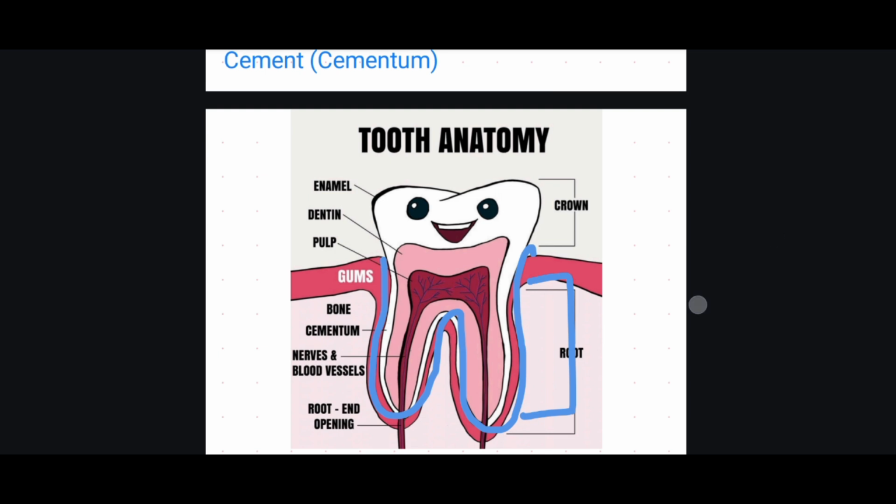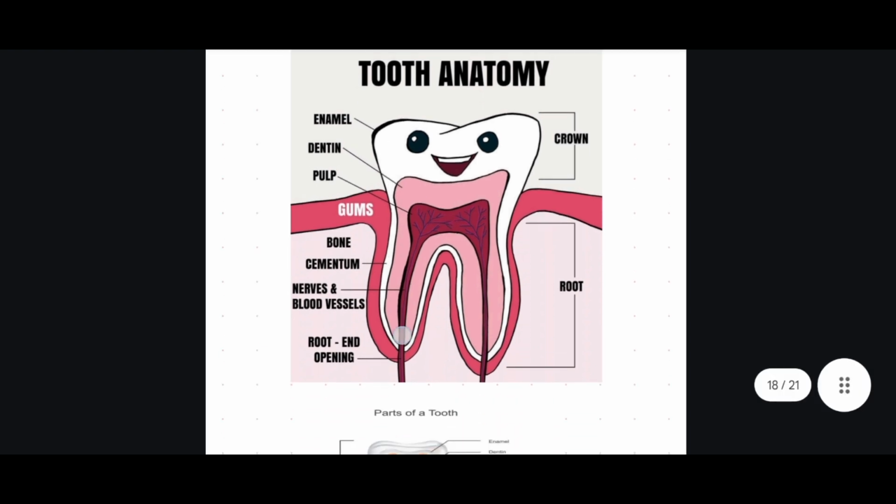This type of joint is called the gomphosis joint. The gomphosis joint is a very strong immovable joint. So the gomphosis, the dentoalveolar joint, is the joint between the root of the tooth and the periosteum on the inner surface of the dental alveolus. Gomphosis, dentoalveolar joint. Within the tooth here, as you can see, there is a cavity, and within the cavity you